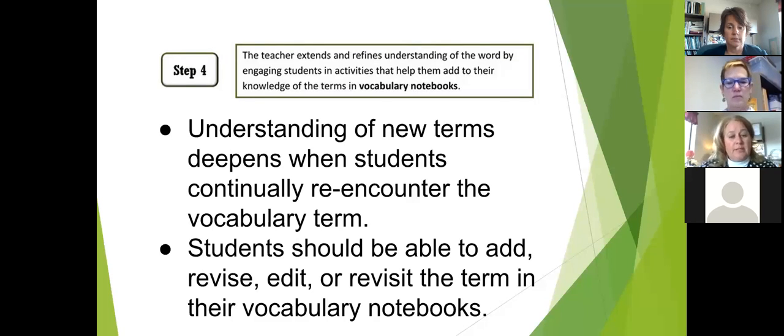You might consider having the students highlight a prefix or suffix that will help them remember the term, identify synonyms or antonyms for the term, draw an additional picture or graphic, list related words, write brief cautions or reminders of common confusions, or even translate the term into another language.